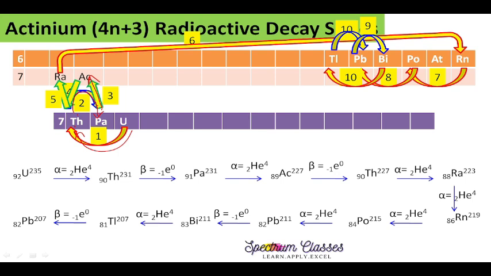And then actinium to again thorium, 1 step forward. So actinium to thorium, beta particle emission. Then 2 steps behind. So thorium, then actinium, then radium. So 2 steps behind by alpha particle. Now we are again moving 2 parts away. So radium to radon, here you can see, and then 3 alpha particles will be removed. So radium to polonium, second, polonium to lead, third, and now again beta. So bismuth, then thallium, then lead is the last element of this series.